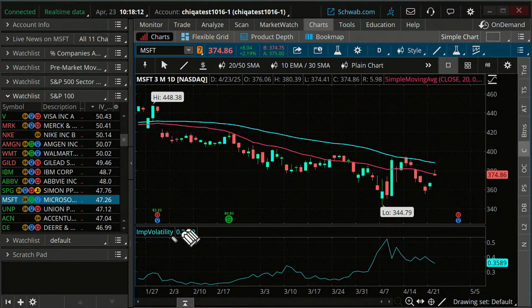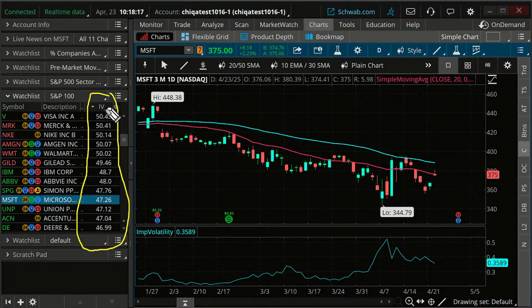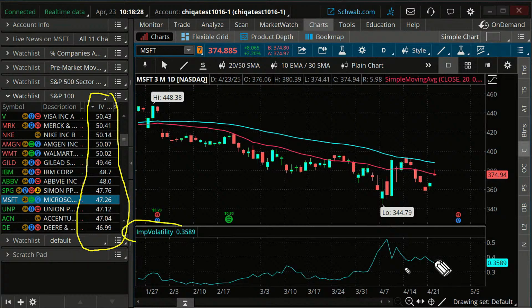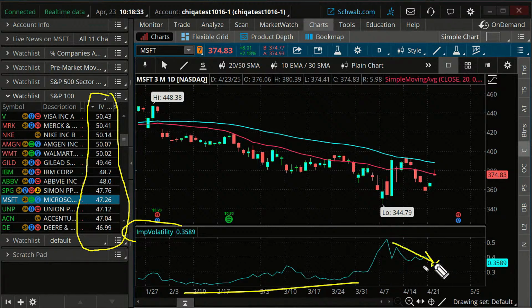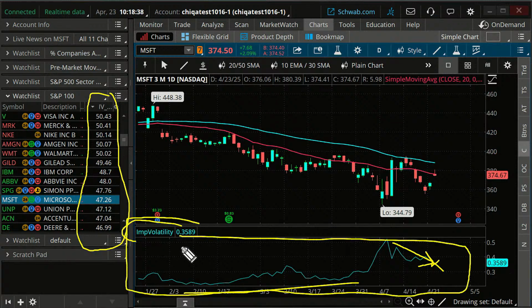Now, if you don't want to deal with this script, don't worry about it. I don't usually use this, to be honest, but I've been asked for it, which is why I'm sharing it with you. What do I normally do? Normally, I just use this and I look at where it is compared to where it's been, and then I kind of look, well, what's happening lately? It's been trending down lately. So I actually prefer this, but I get so many questions on the other, and that's why I've shared that script with you. Okay? So, any questions on that? Let me know.